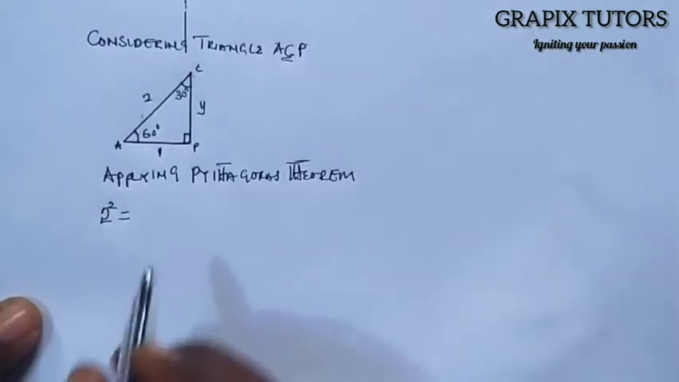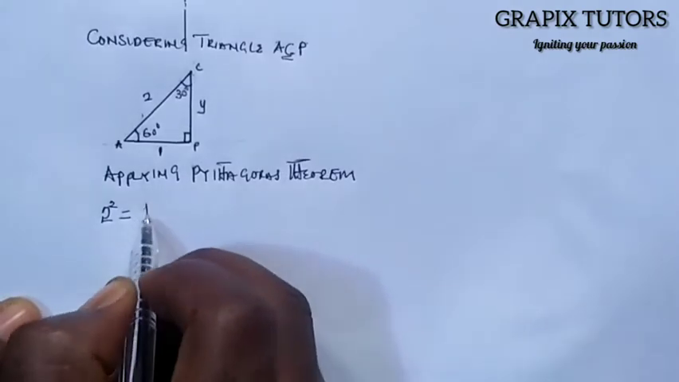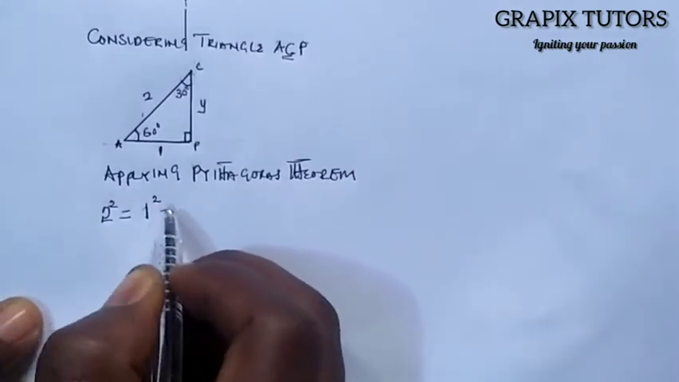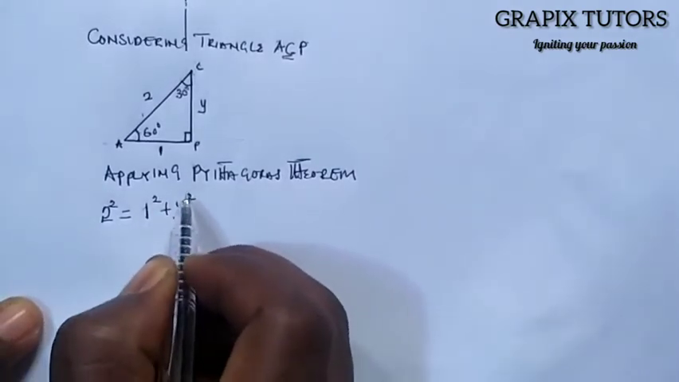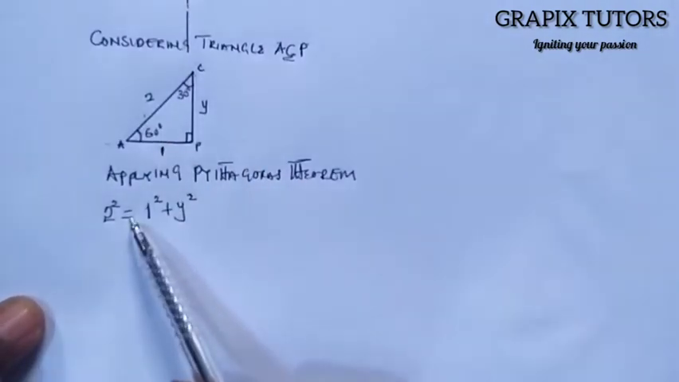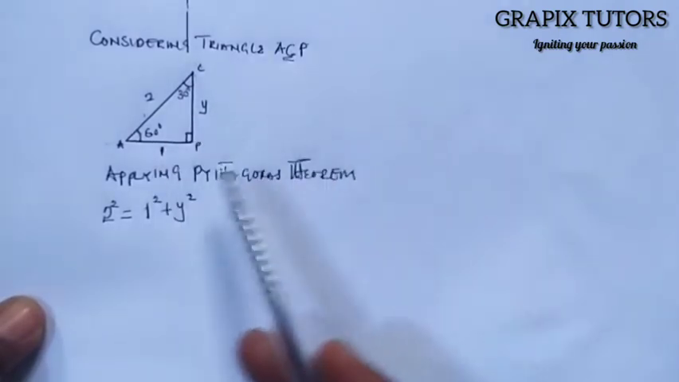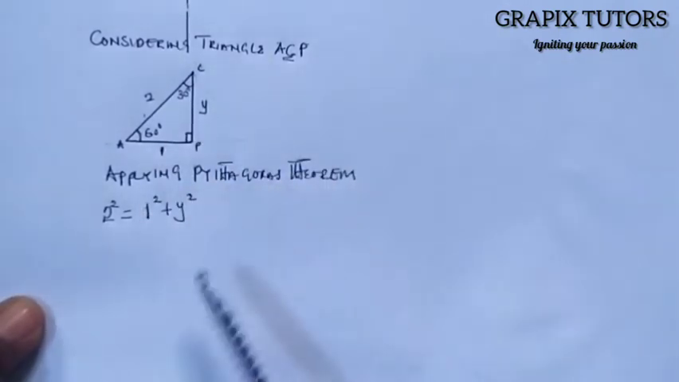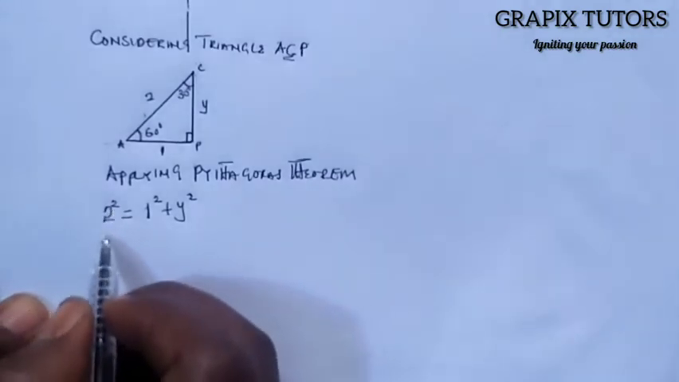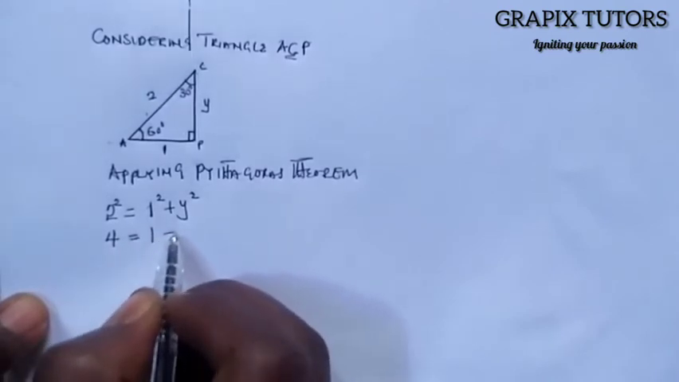Depending on the angle. So let me start. Since this is along the x-axis, I will say 1 squared plus Y squared. So that is the law of Pythagoras Theorem. It says that the longest side squared is equal to the opposite squared plus the adjacent squared, or the adjacent squared plus the opposite squared, either of the two. Is that taken? Now, what we'll do here is this. 2 squared will give us 4. 1 squared will give us 1. And we're left with our